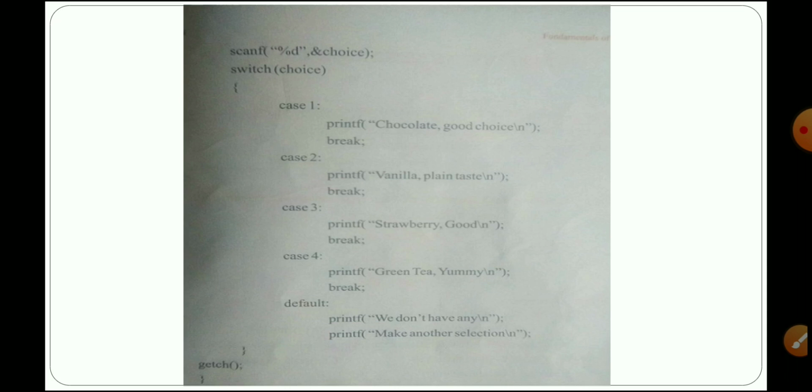Just know how they are using the switch case construct in the C programming language. Just see this example and you will understand clearly. The syntax you understood yourself, but the example will make it clearer. In the practical session I will explain this program in full.